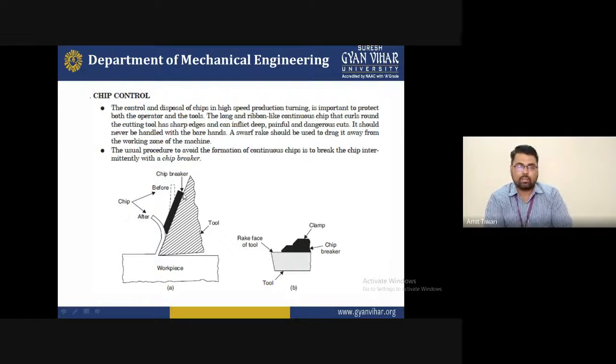So we select different ductile materials for that, and the ductile material has some disadvantages because it will not provide a good surface finish the first time. So for a good surface finish we must select the appropriate cutting parameters, which are also responsible for maintaining the tool life and the formation of the continuous chip.